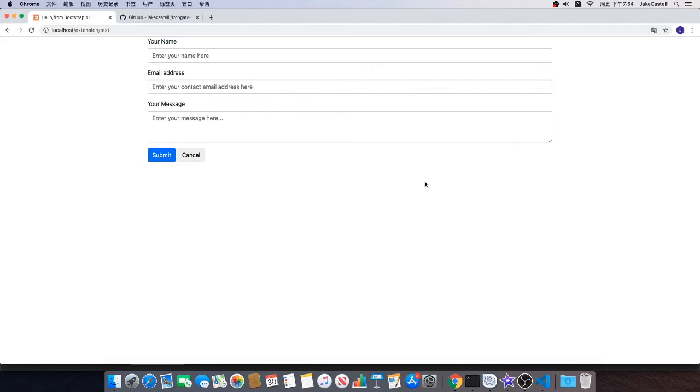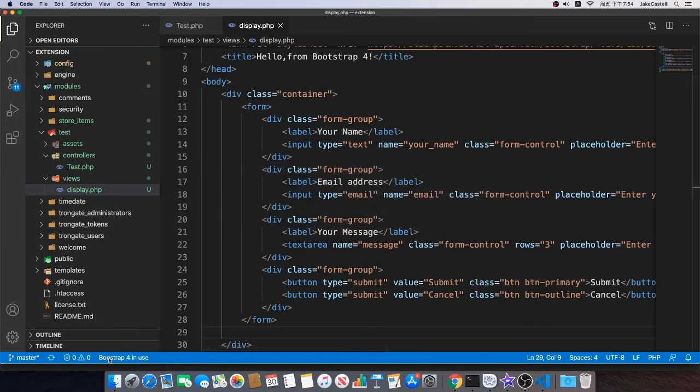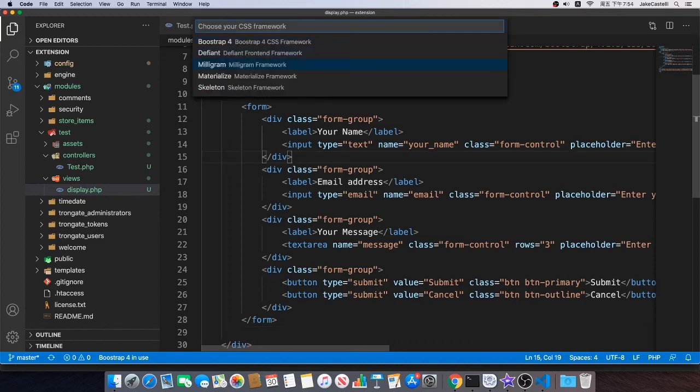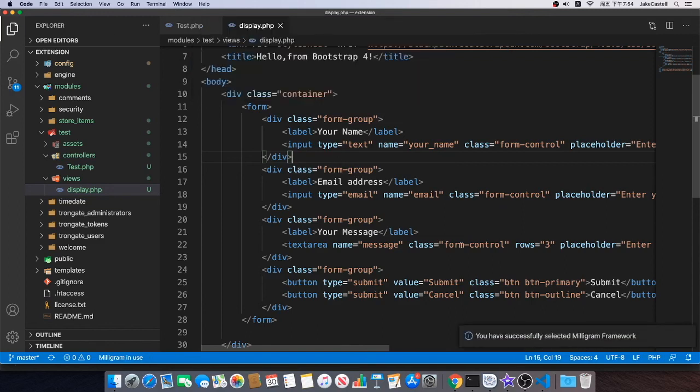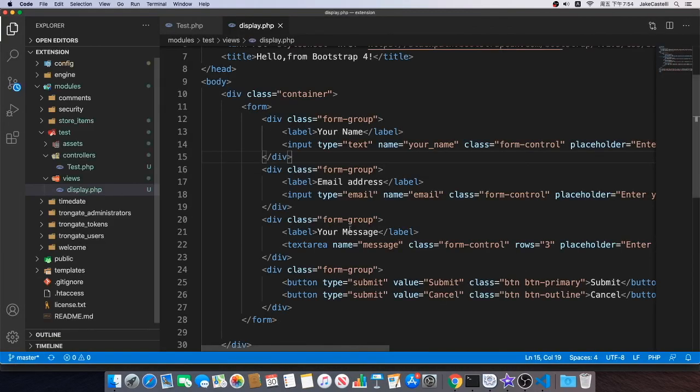One last thing before we go is that I'm going to show you that the extension will remember your choices. For example, if you want to switch to another front-end framework in another project, you're going to press the same trigger key and /. Let's say we're going to choose milligram, and you quit your VS Code, and then you open it up again. You can see on the bottom, it remembers your choices, and it's still you are using